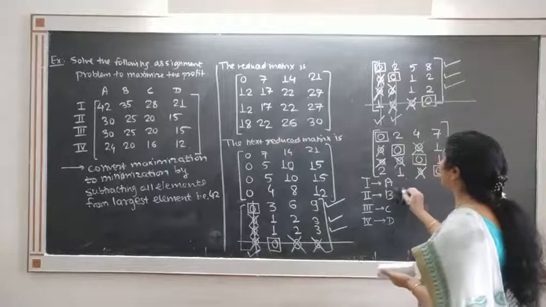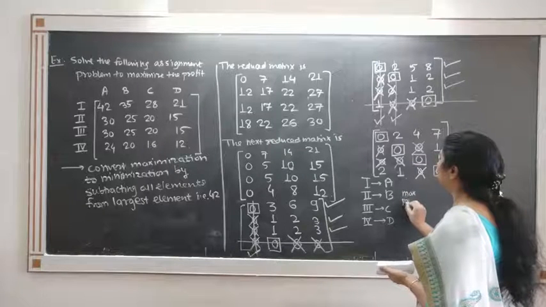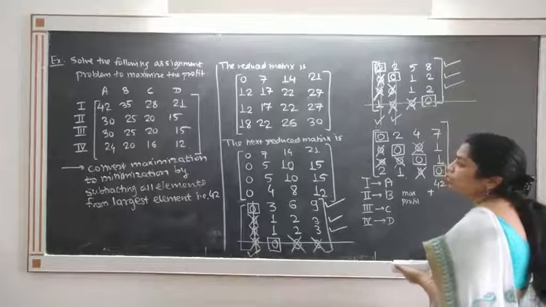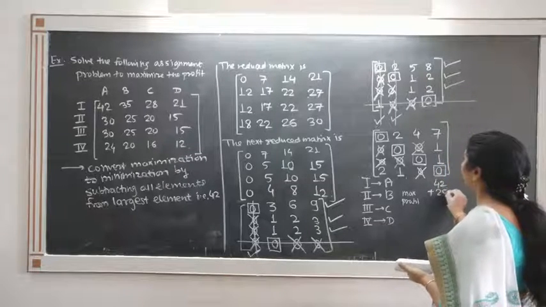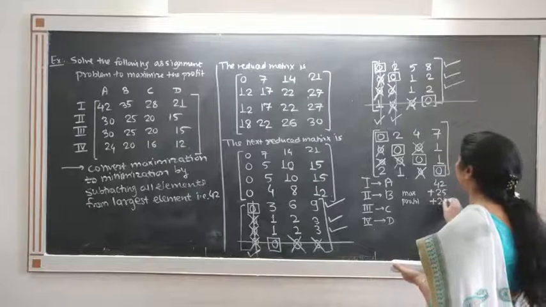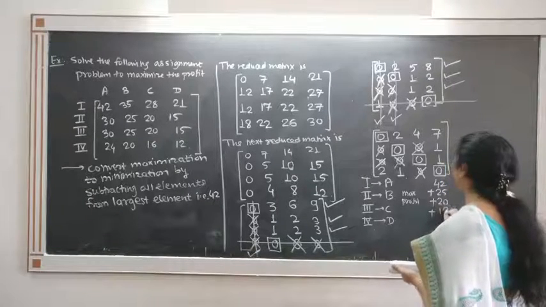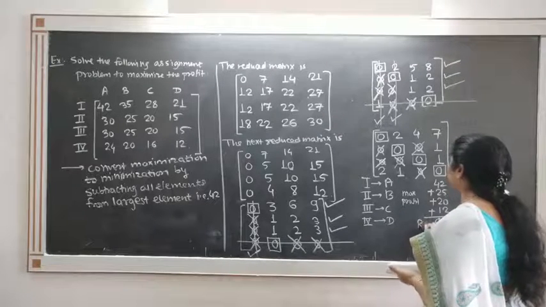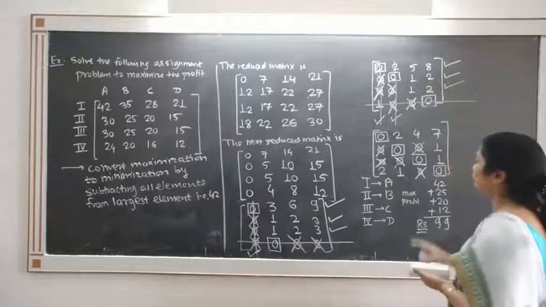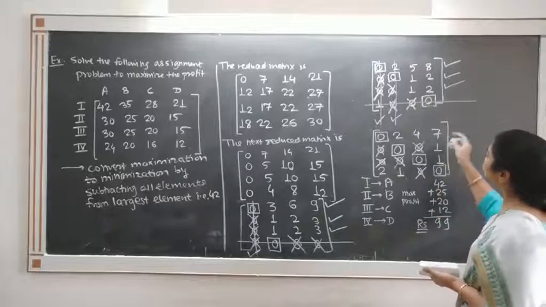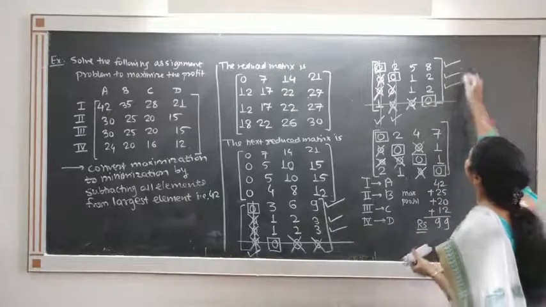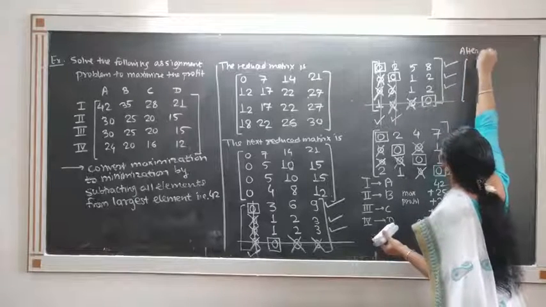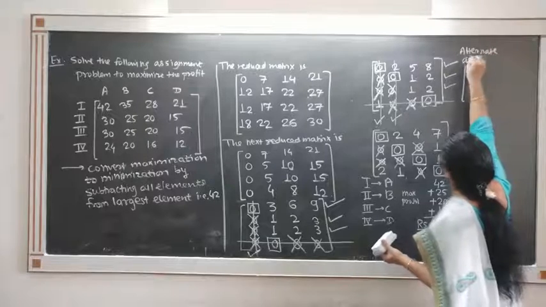The maximum profit is, for first A it is 42 plus, for B it is 25 plus, C that is 20 and plus D that is 12. 99 rupees. Observe that here we have choices. If you consider this same matrix, see what we have. Consider the same, alternate solution exists. So alternate assignment exists.